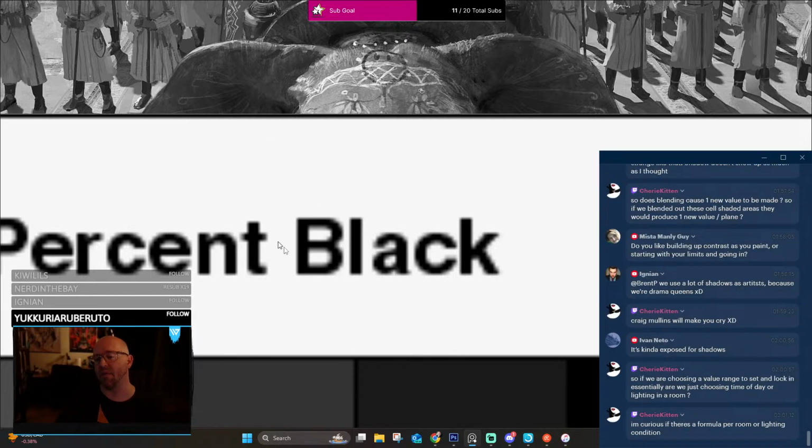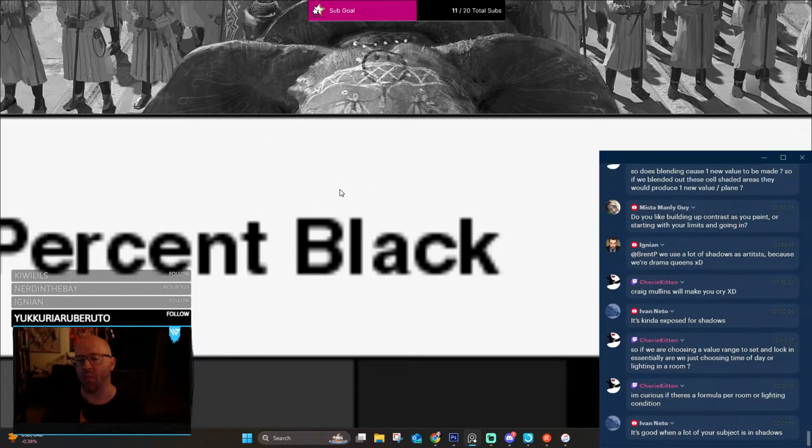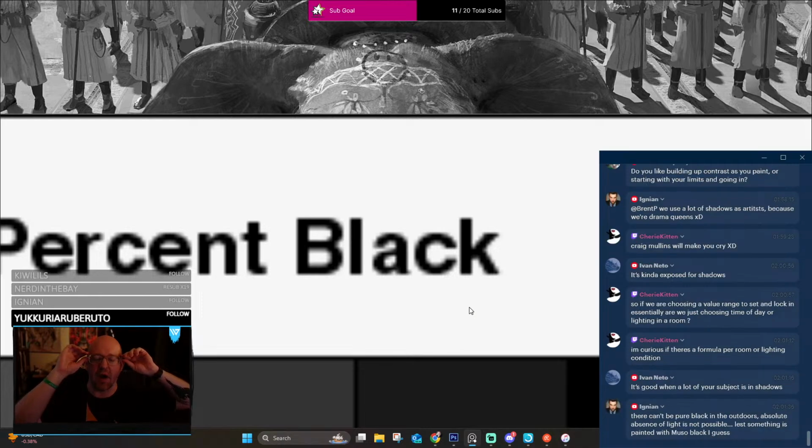And then the highlight, it says per room or lighting condition. Yes, there is. That is physics. Light follows a very specific formula. And based on the density of a structure that comes between it and its end goal, it's going to change the relationship by how light works. That is a whole deal of science. But at the end of the day, if you worry too much about that, you're no longer painting. You're no longer creating art, because it doesn't matter if it's right or not. It matters if it's good or not.